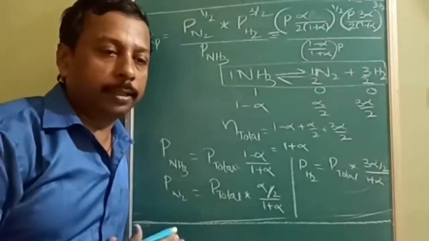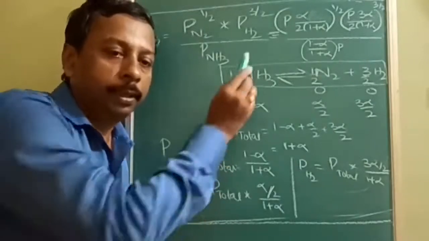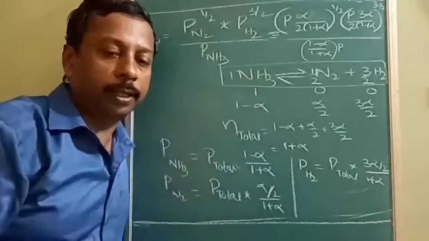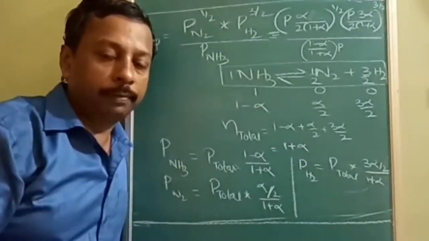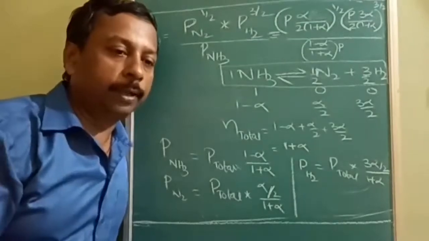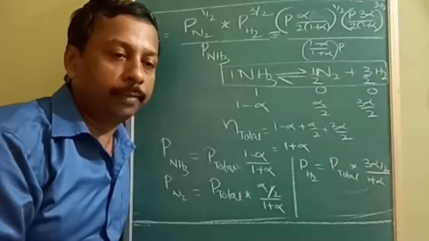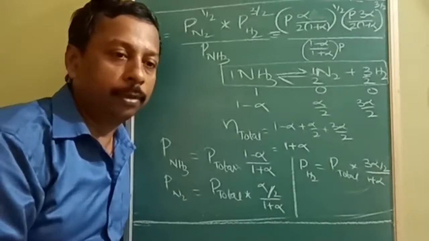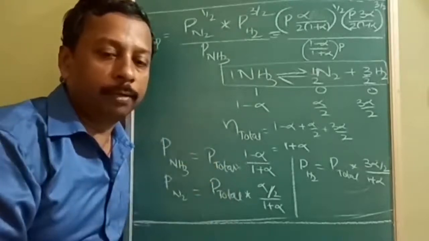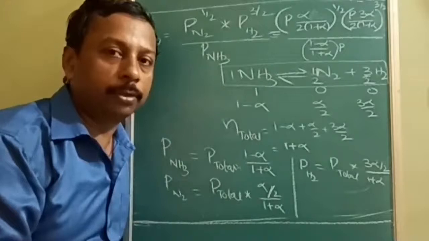Likewise, other than PCl5, other than N2O4, if such a question comes, you have to derive the formula, then substitute, then you will get the answer. So derivation is very important because the procedure may not be the same for everything. Mostly PCl5 and N2O4 are given in the examination as of now, but sometimes they may change and give you difficult questions like this. So you should be prepared for that type of question also.